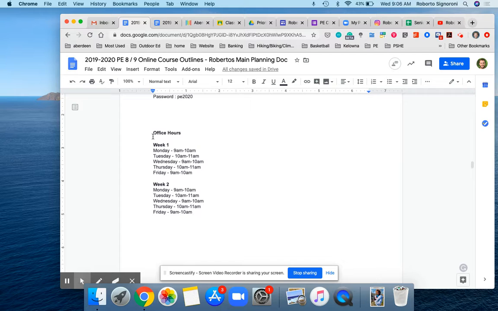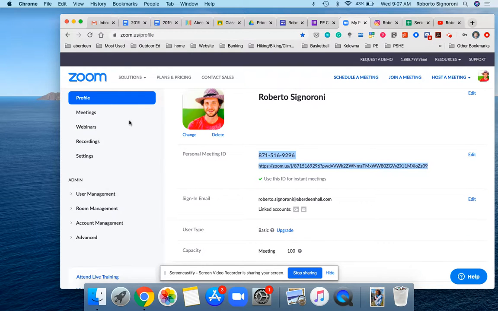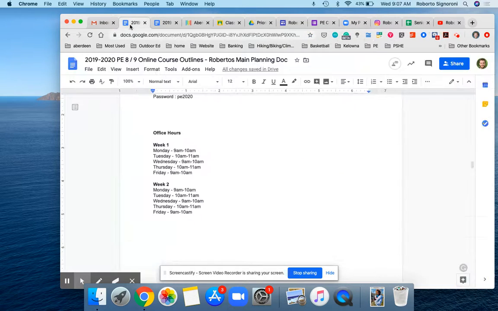I also have open office hours. So once a day, I just set up my Zoom. So I have my Zoom here. I just set it up. I open up a meeting and students have the ability to drop in. So usually no one comes to those meetings, but they have the opportunity. The idea is also that instead of arranging a one-on-one meeting with a student, to avoid the conflict with that, you set up an office hour and have the ability for other students to join. So even if you are in a one-on-one meeting with students, other students have the ability to join, which just